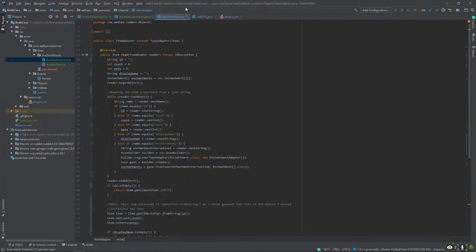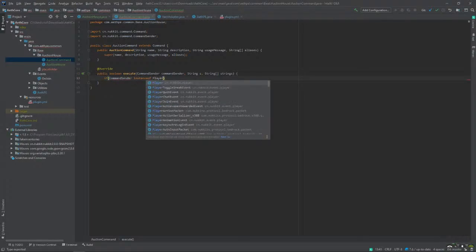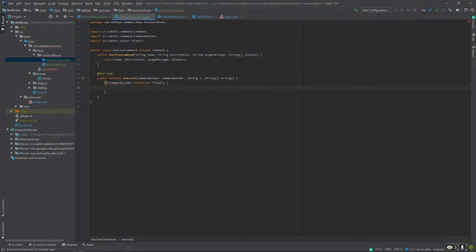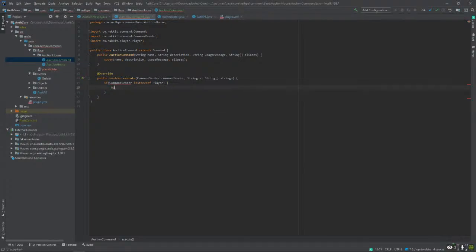So now what I can do is, when it is player, or wait, if command sender instance of player, I can just do auction house. That's an issue.